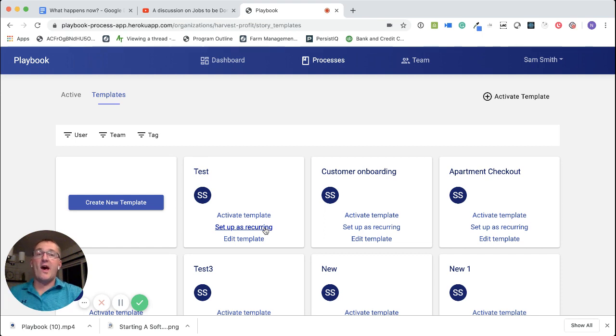If we have a set of tasks, we can show them or hide them by default. And then we can set up basically task triggers to either show or hide those tasks based on certain attributes in fields such as drop downs or multiple choices. The example I like to use is in Harvest Profit for our customer onboarding. We get to a point where